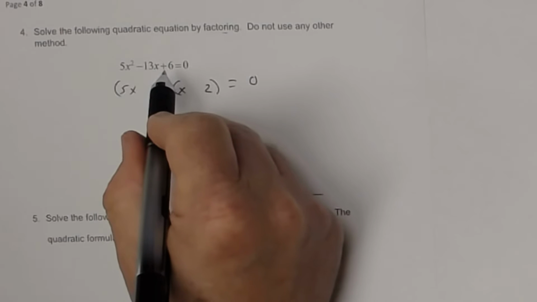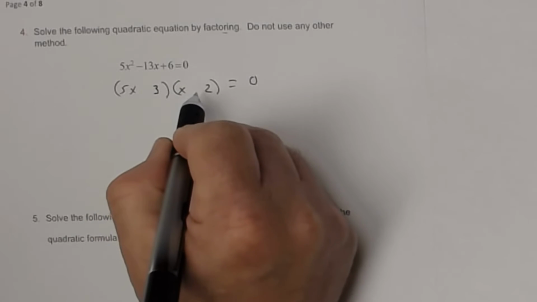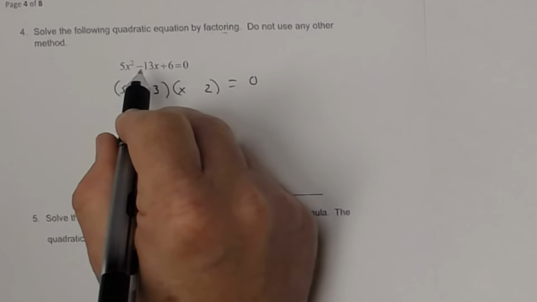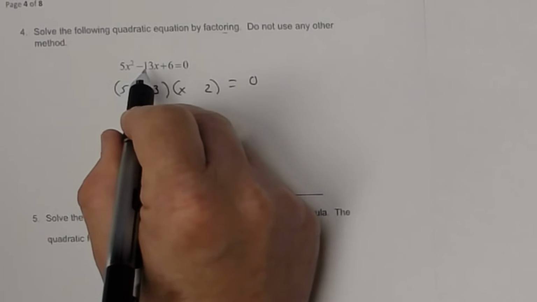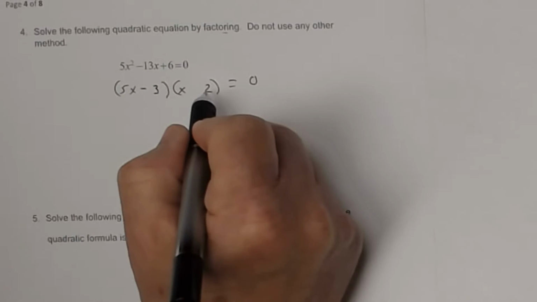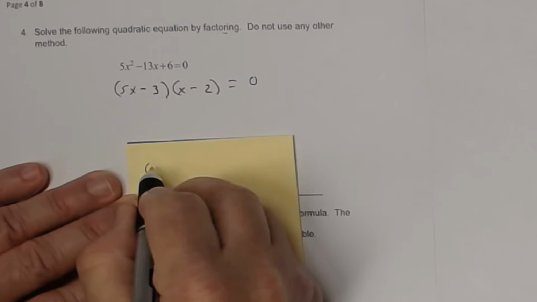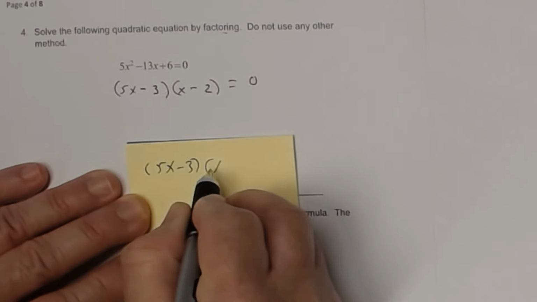Now the last sign is positive, so that means the signs inside these parentheses have to be the same, and they're going to be the middle sign, because I need my outer and inner to add up to be a negative 13. So if I put a negative here and a negative there, I'll go ahead and check, which is always a good idea. Always make sure what you write is correct. So if I check this,